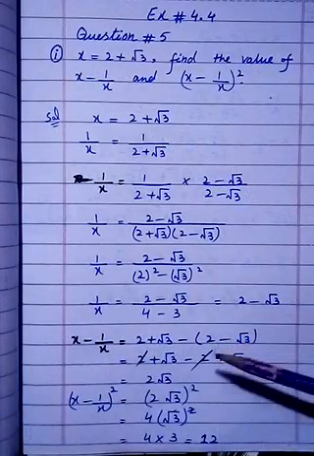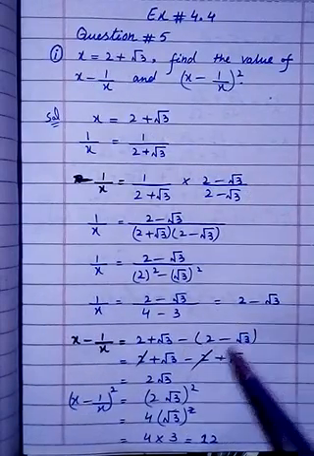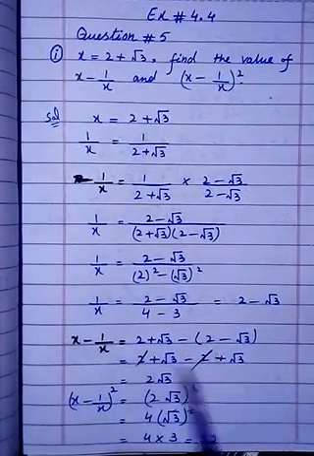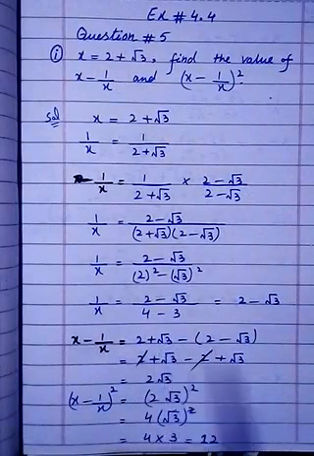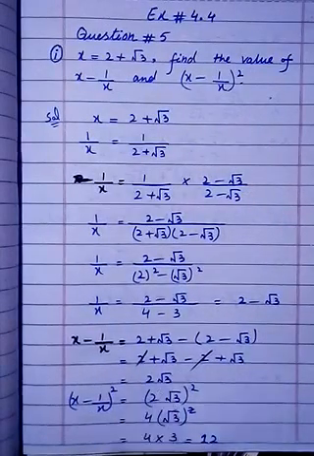Now observe that outside is minus, so the sign inside will be changed. Minus becomes plus. So minus 2 cancels with plus 2. Now the left term is under root 3. Its coefficient is 1 and its coefficient is also 1. So you have to write 2 under root 3. Now the first part is complete.